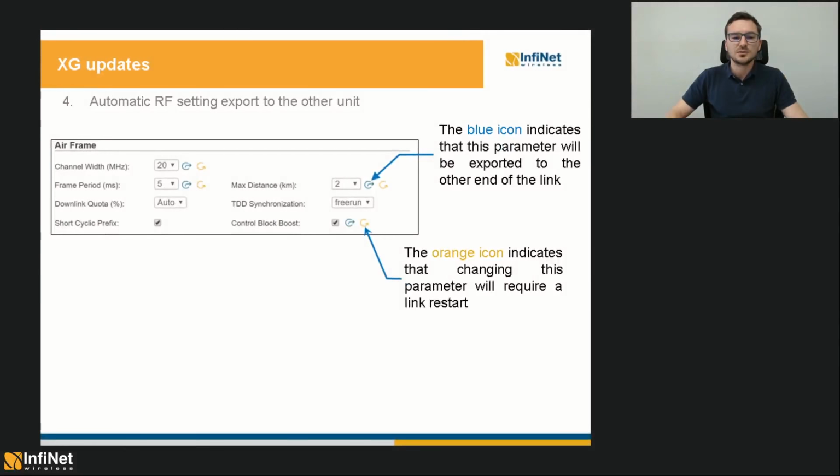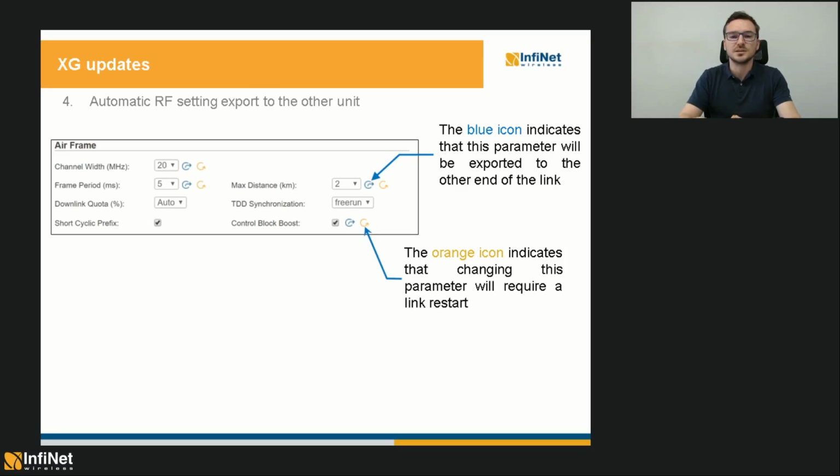Next, I want to show you one of the most interesting and extremely useful features brought to the XG platform, which is the ability to export radio settings to the other unit of the link automatically. It works like this. If at one end of the link you change one of the radio parameters that must be the same at both ends, you can export the same settings to the other unit as well, so you